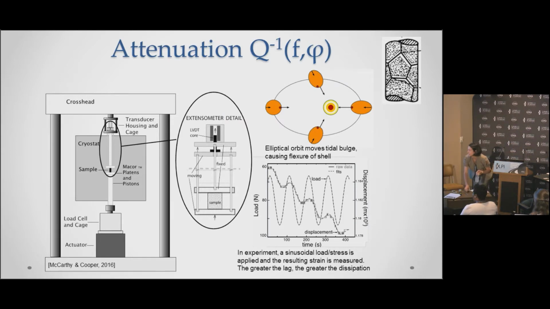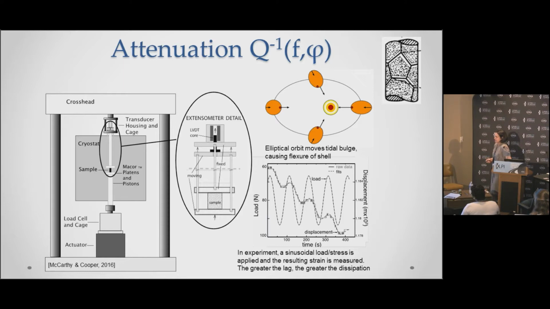So switching gears a little bit, talking about attenuation. So in the kinds of models that Terry was talking about, when you've got tidal forcing, to try to calculate the tidal heating, you need that Q value. And so to try to give good values for that, we do experiments to try to come up with that attenuation. So I'm not going to get into the stresses that we're trying to mimic, but for our experiment,